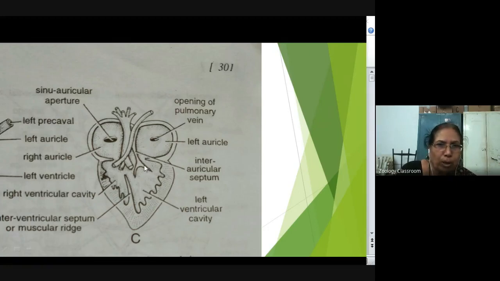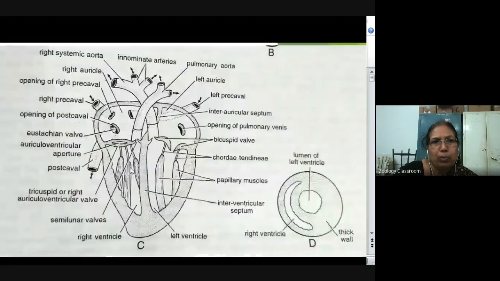The auricle opens into the ventricle. These valves are also similar. Sometimes they are called tricuspid and bicuspid, as in bird and mammal. So auriculoventricular, or tricuspid and bicuspid. So this is the lizard heart. But in the diagram we are showing